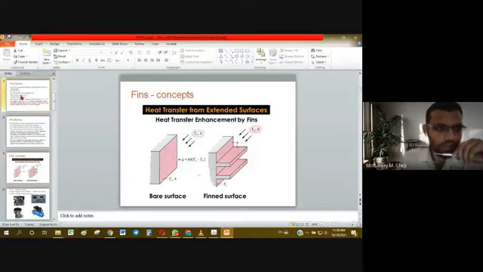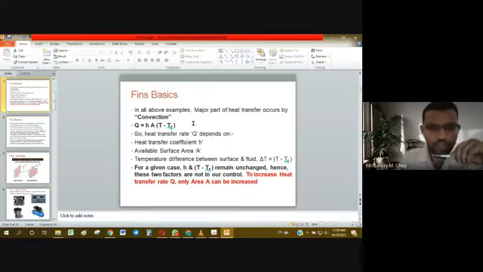And then in case of convection, as you see, the equation is h A delta T: h the heat transfer coefficient, A being the surface area, and delta T the temperature difference available for heat transfer. So out of these three factors, h and delta T we can't do much, because it is for a given situation. It depends on conditions, and it is not in our hand. So in a given situation with the constraints, the maximum we can do is increase the area available for heat transfer, because heat transfer is directly proportional to surface area.